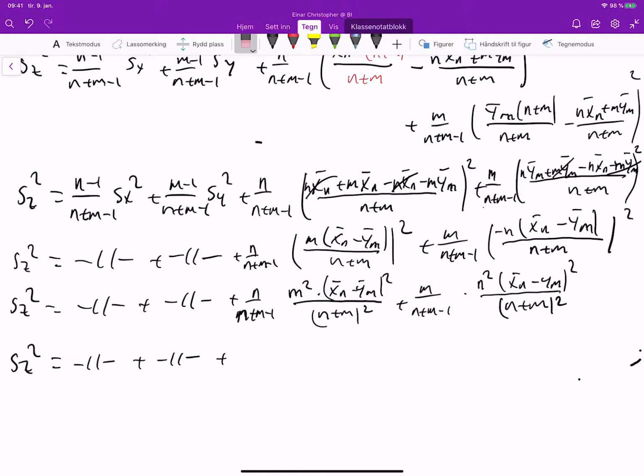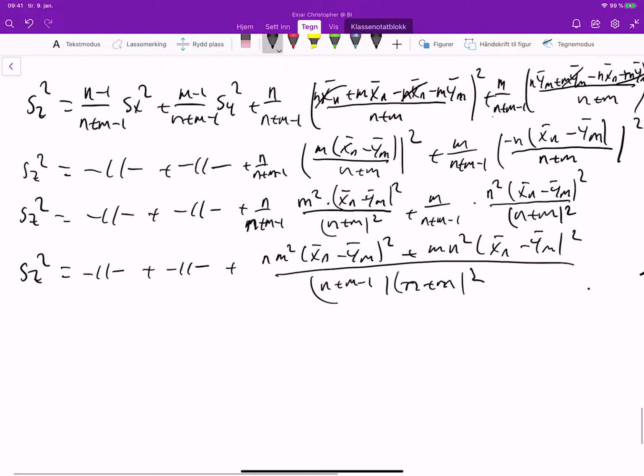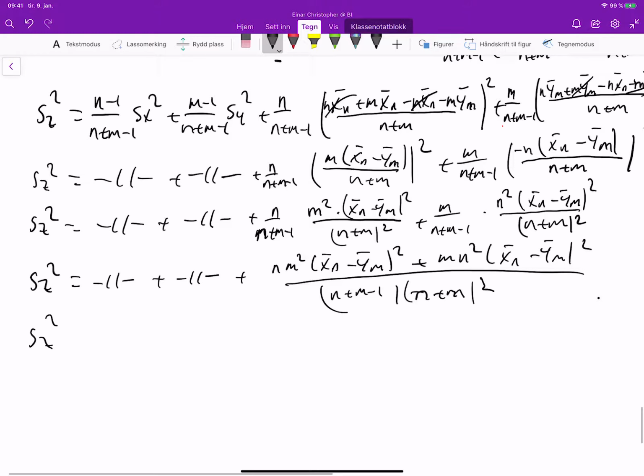So this will be plus n m to the power of 2 times xn bar minus ym bar to the power of 2 plus m n to the power of 2 times xn bar minus ym bar to the power of 2, divided by n plus m minus 1 times n plus m to the power of 2. I don't say it's easy. S set to the power of 2 now is equal to this plus, and now I factorize everything I can